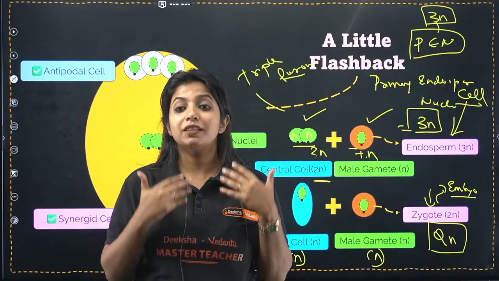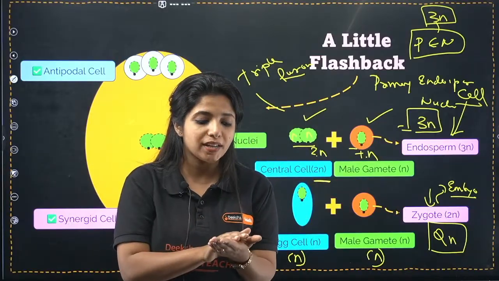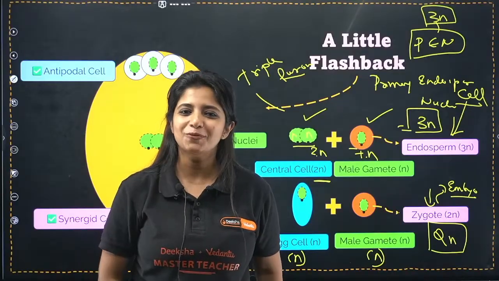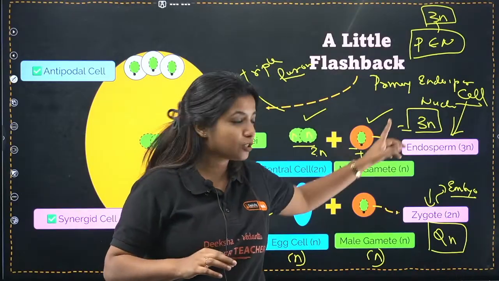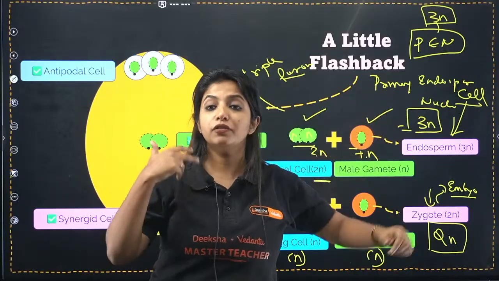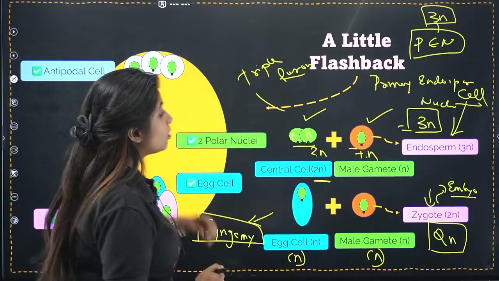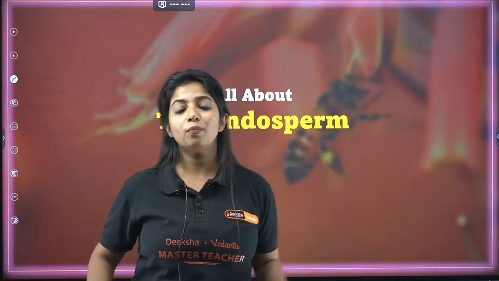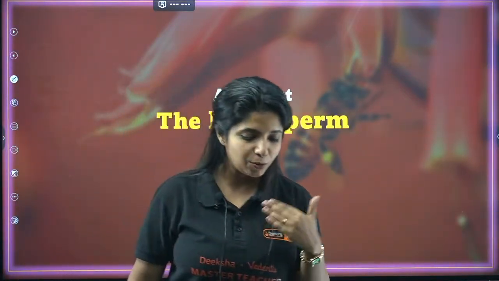And this is something that is going to provide nourishment to the zygote, saying, I am going to take care of you. You are going to form an embryo one day. So always remember, this is being formed. But which one is going to develop first? It is going to be the primary endosperm cell. The endosperm cell divides to form a tissue, and that is known as the endosperm.